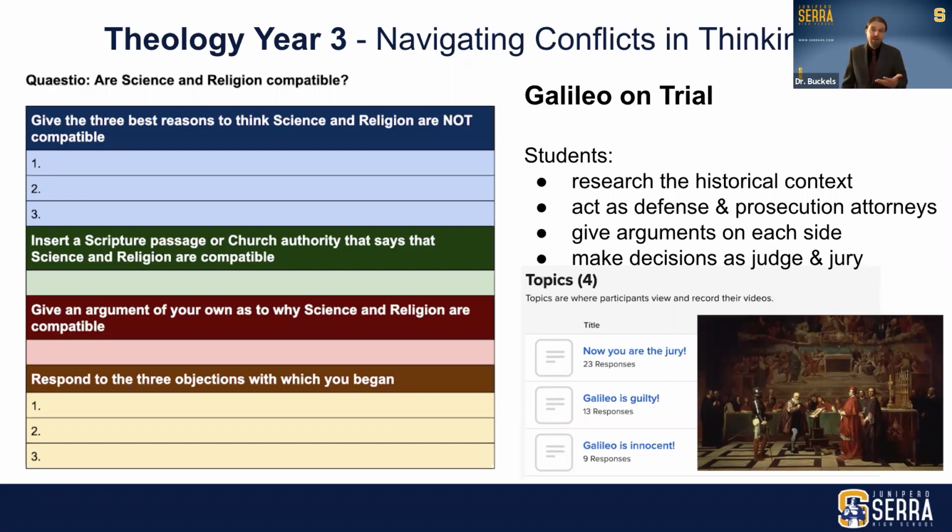And then they're going to respond to them, of course, but the idea is that they have to be able to see the argument from the other side. They can't just take one side in an argument. Just like in sophomore year, where they're seeing multiple sides to an argument, and that's leading up to a class debate. Here in junior year, they see both sides, and they're able to then respond to arguments that science and